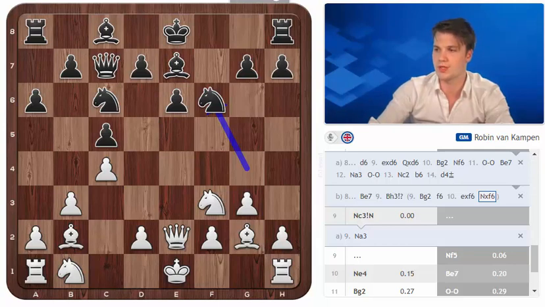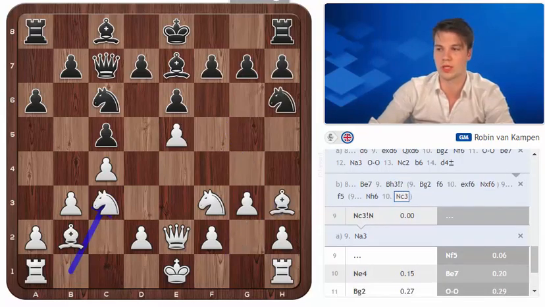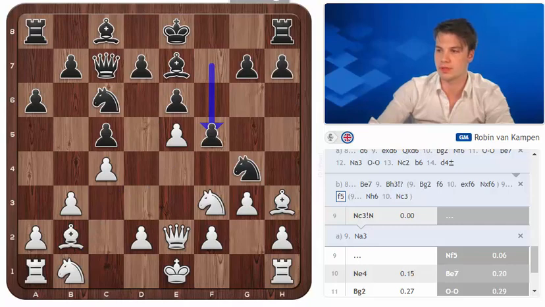But after bishop h3 we do not allow f6, and we're pretty much forcing black to go f5. Knight h6 is also possible, but would once again be met with knight c3, knight e4, and even though our bishop is a little strange on h3, it also stops knight f5, so I still think this is promising for white. Instead, after f5, I think